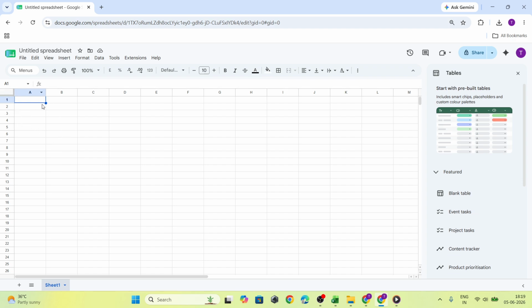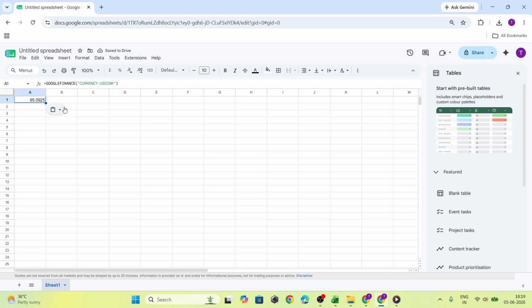directly into your sheet. The key idea here is that Google Sheets can connect to financial information and return the current exchange rate between two currencies. That means instead of entering a fixed rate yourself, you can use a formula that updates dynamically. This is especially useful if you work with budgets, international pricing, invoices, travel planning, or any spreadsheet that depends on